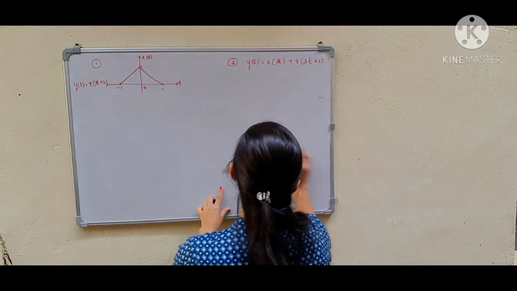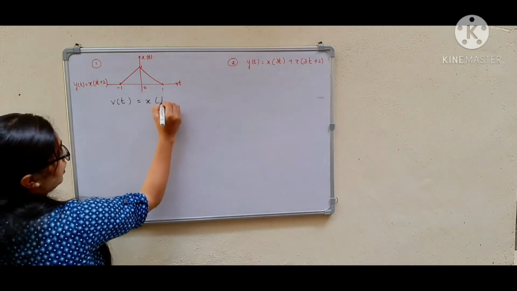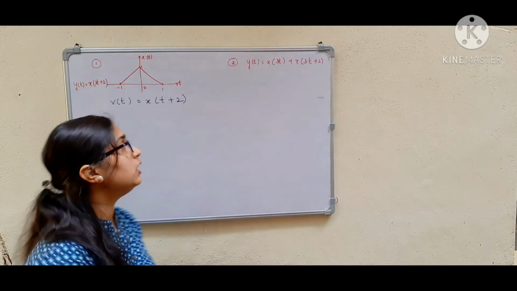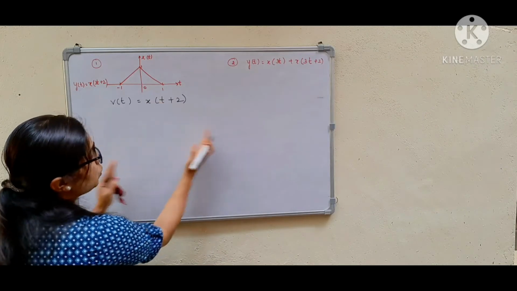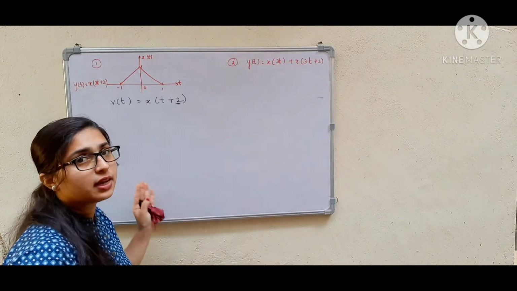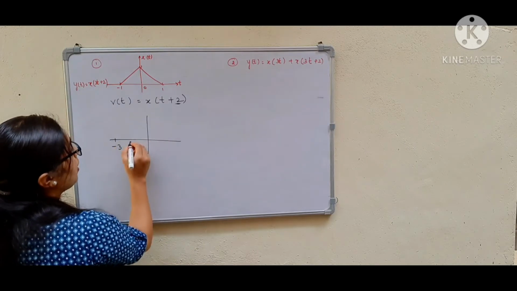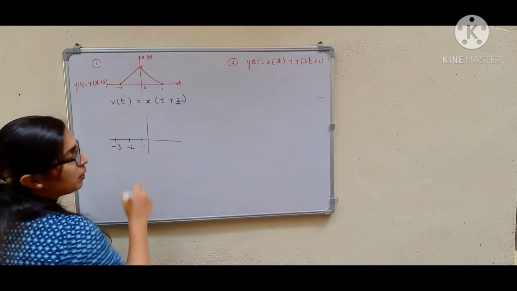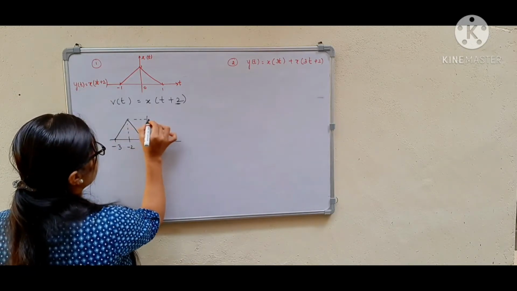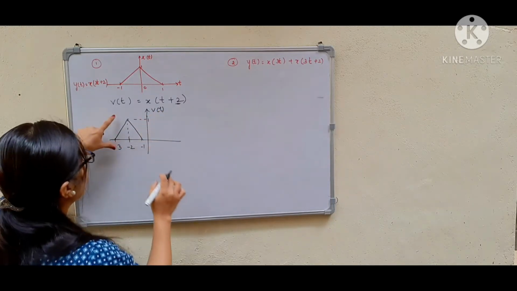First we will shift the signal. So v of t is equal to x of t plus 2. T plus 2 means we are getting the advanced version of the signal, so we are moving the signal towards the left by 2 units. t naught is 2 here. So -1 minus 2 will be -3, 0 minus 2 is -2, 1 minus 2 will be -1. So it is moved here. This one will be the magnitude, and this is our v of t signal.